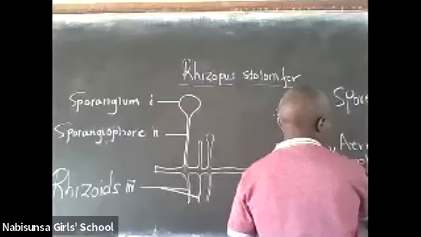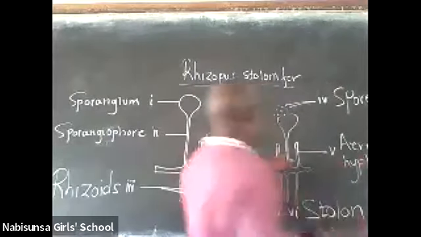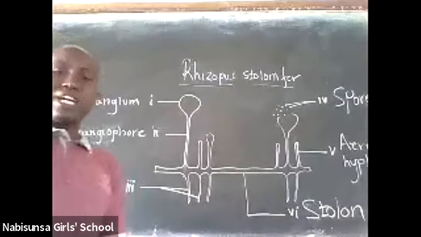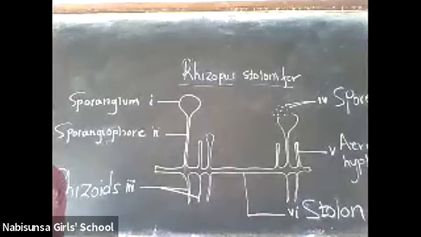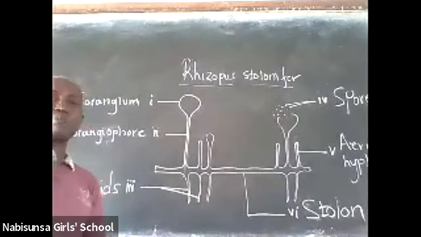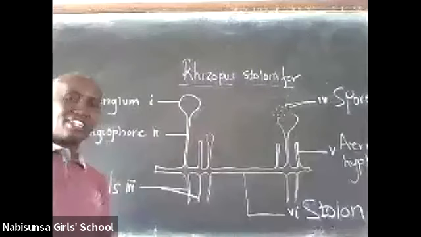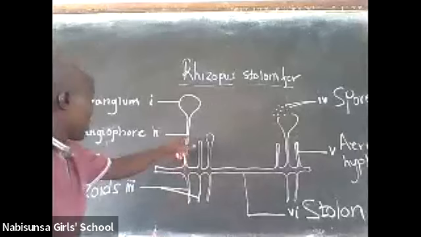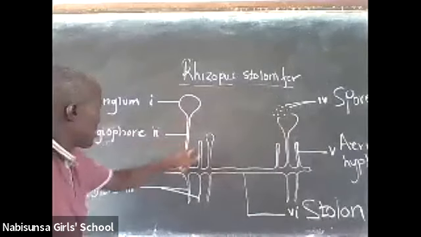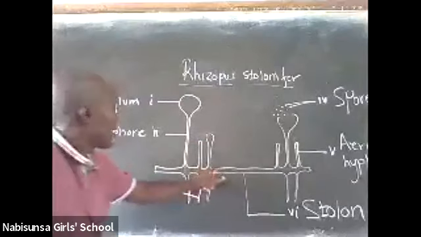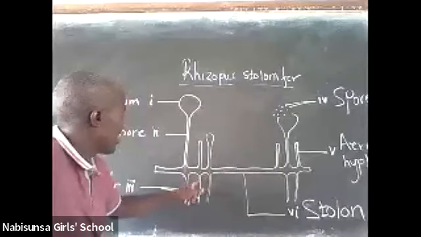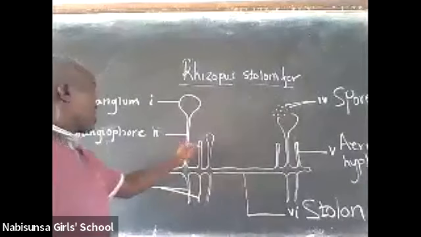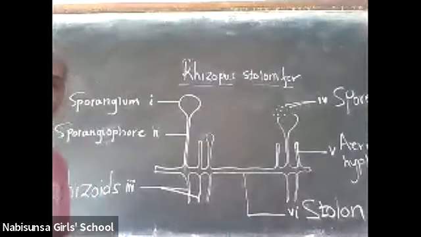Okay. So we have said amongst the characteristics that these organisms have bodies made up of thread-like structures. So here, when you look at this one, you're able to see the thread-like structures. This one here is one of them. That is another. This is another. Each of these is called a hypha.